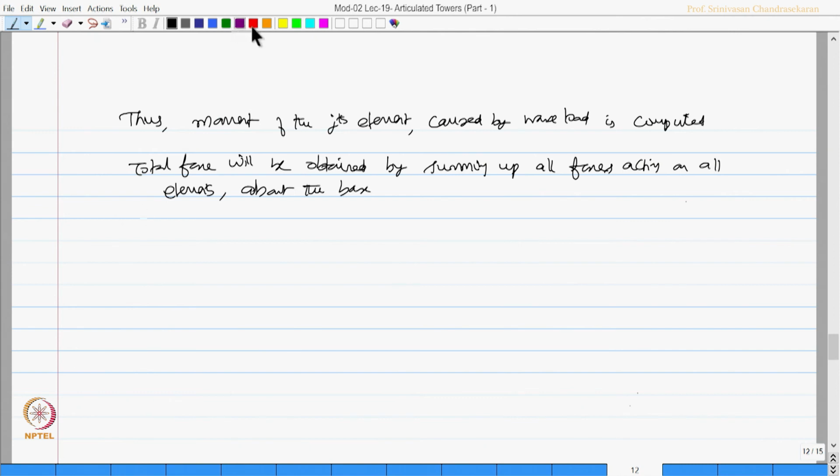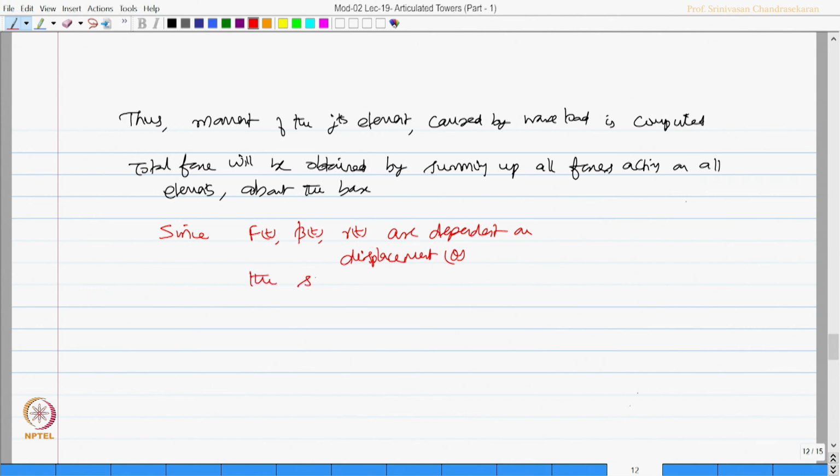Now, since f of t, beta of t and gamma of t are dependent on displacement theta,